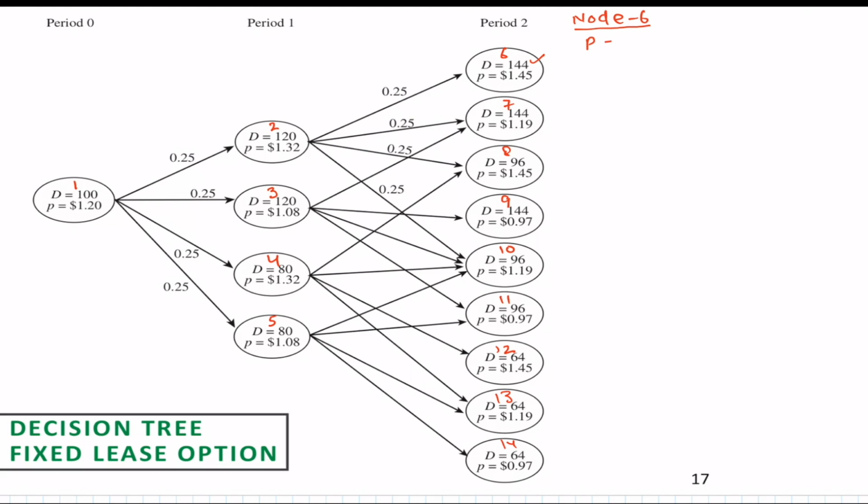So profit equals revenue minus cost, where revenue is going to be 144,000 times 1.22, and the cost is going to be 100,000 times 1, and then for the remaining 44,000 times whatever price we have. So in this case it is 1.45. So this gives us